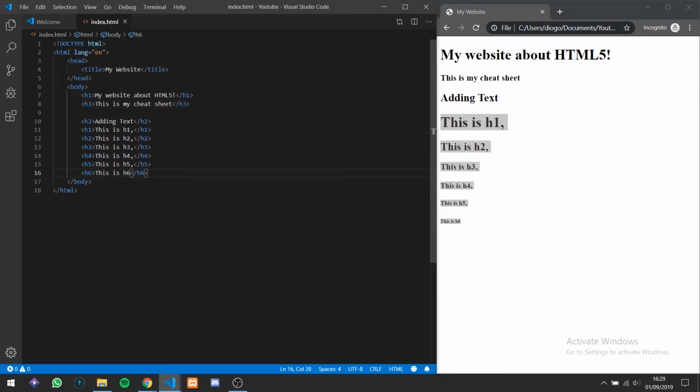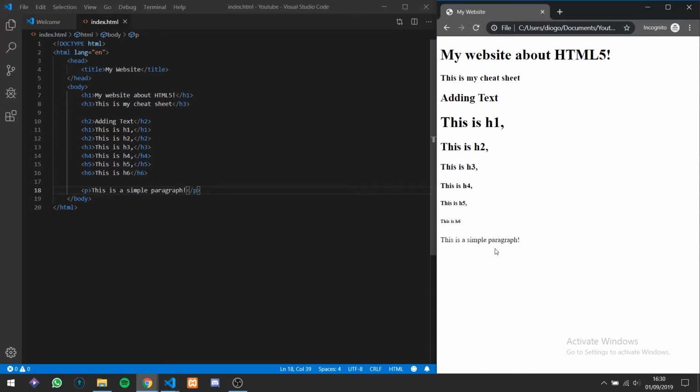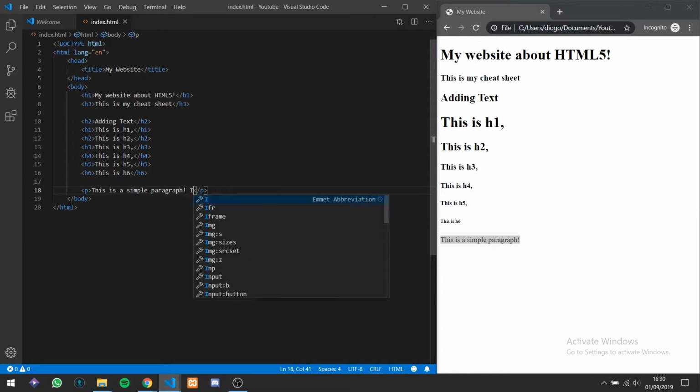After the heading elements, we can add a paragraph. The paragraph is just some normal text, and it is done with the tag P that stands for paragraph. Well, as you can see, this is a simple paragraph. If I really reload it here, you will be able to see the paragraph. In a paragraph,